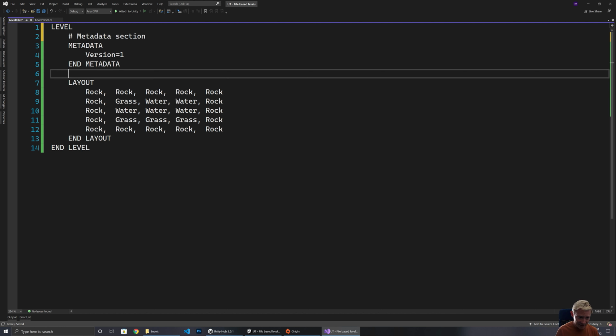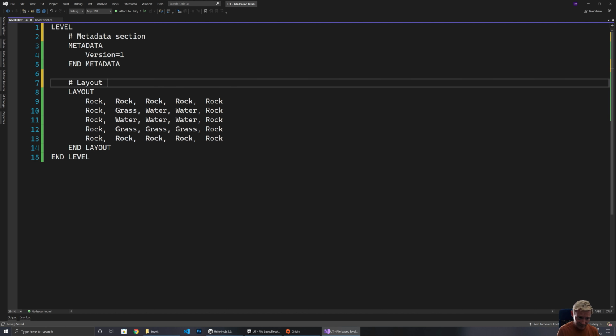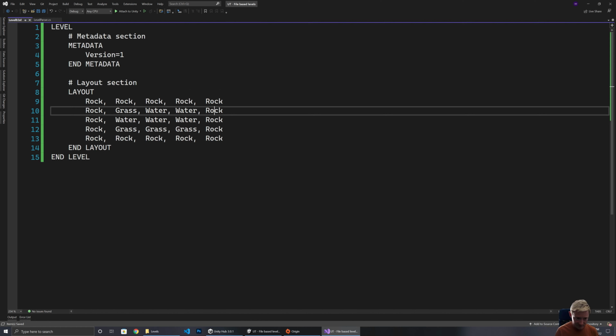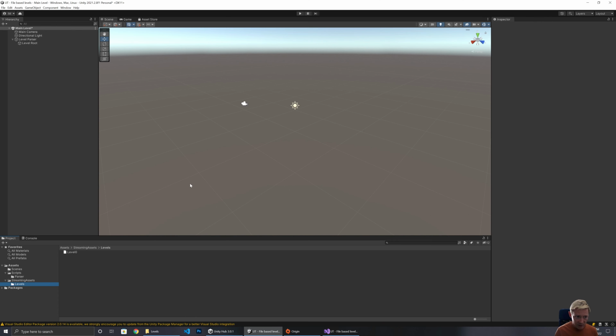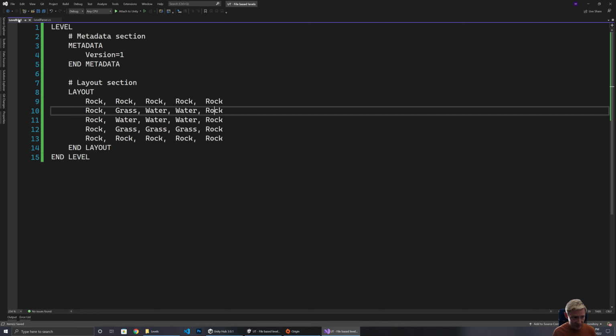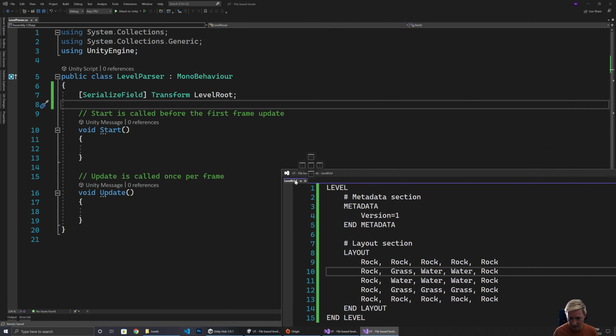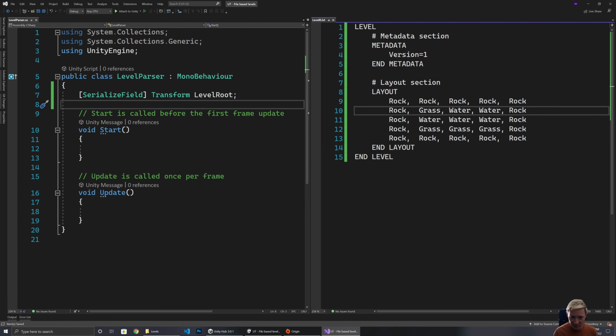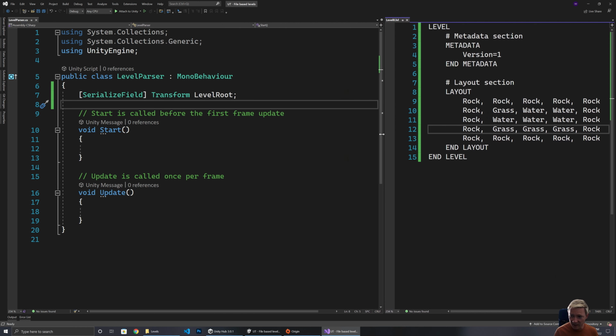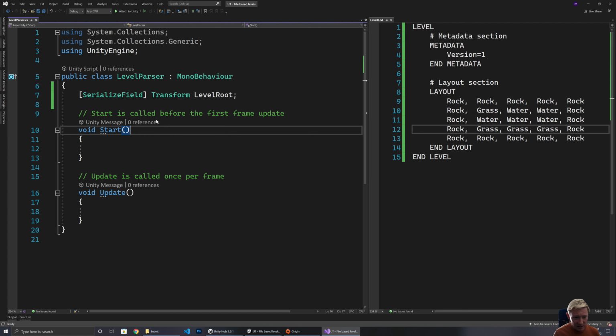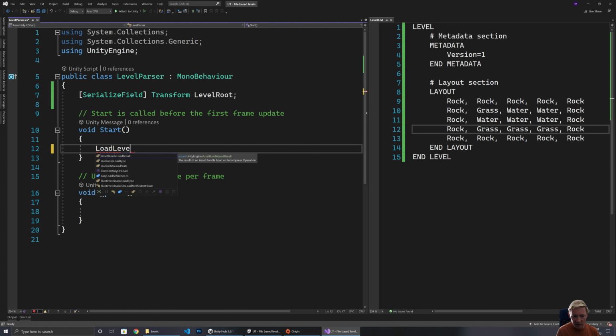So our metadata section and our layout section. So that's good. So what we then want to do is, well, I can kind of keep this open on the screen at the same time, which is going to make it easier for me setting up the parser. So what I want to be able to do is tell it to load a particular level. So I want to have a function that's something like load level, and we give it